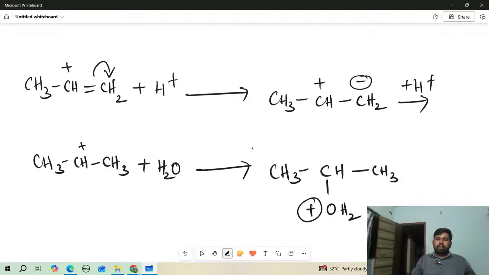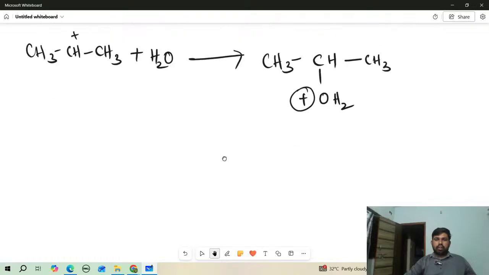it forms CH3. Now we added H plus earlier and now we are going to remove it. Now what happens here? We shifted here, right? Like this, two hydrogens are there. Among that, one will be this electron will be